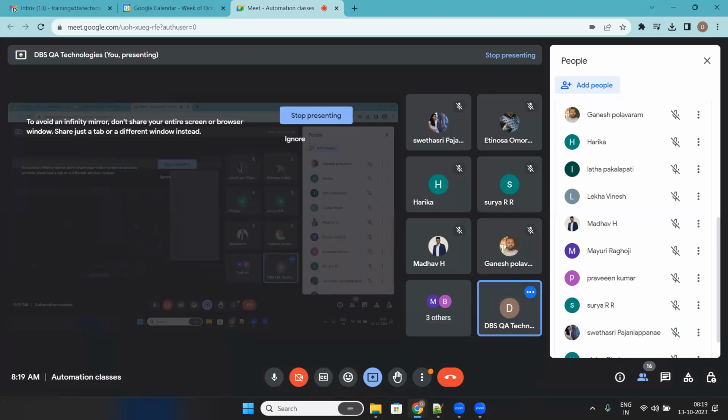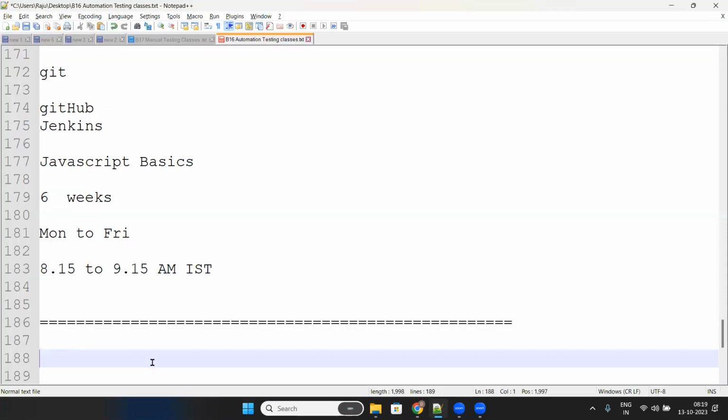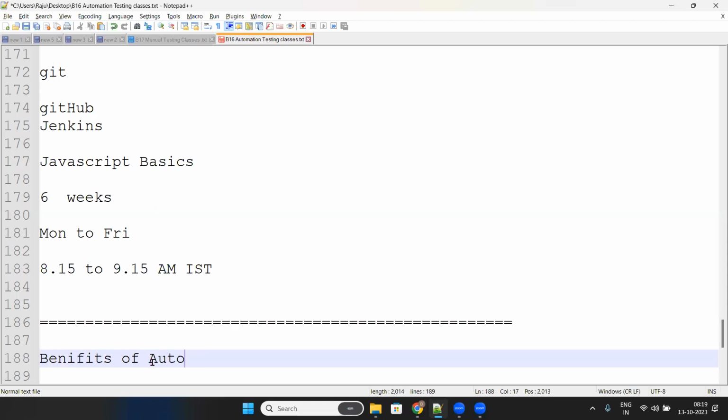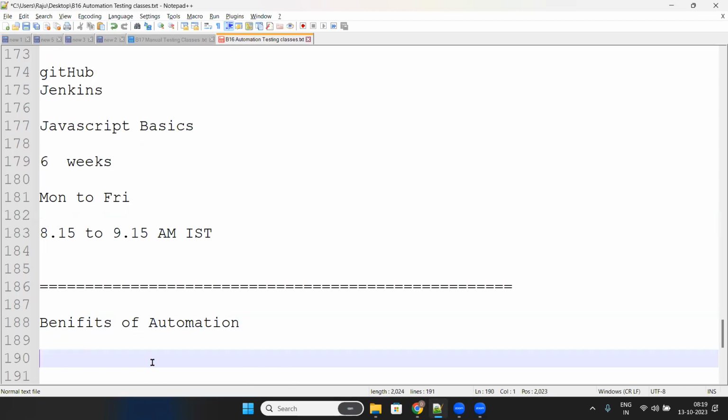First, the benefits of automation. You should know the benefits of automation. So let's suppose you are a manual tester. You should know the benefits of automation so that you can do the automation. Now, after that, exactly when we go for automation,